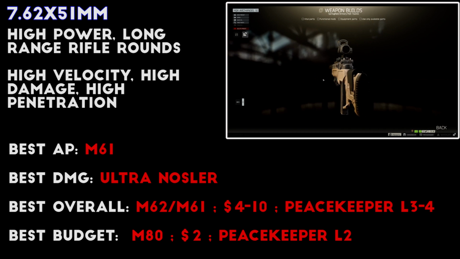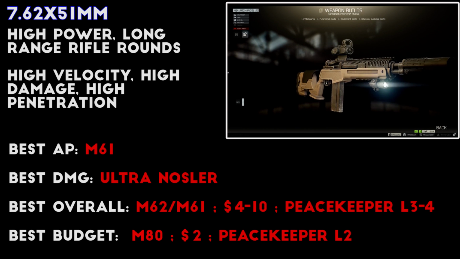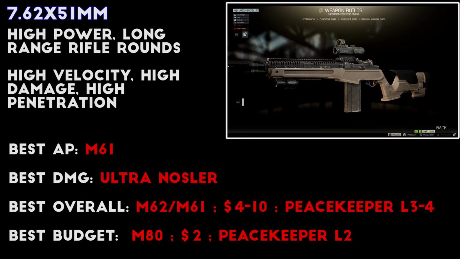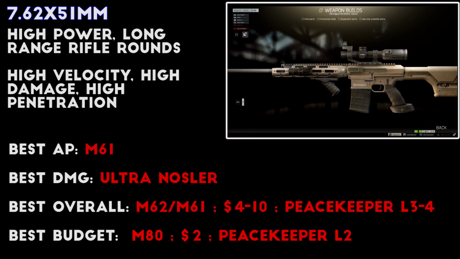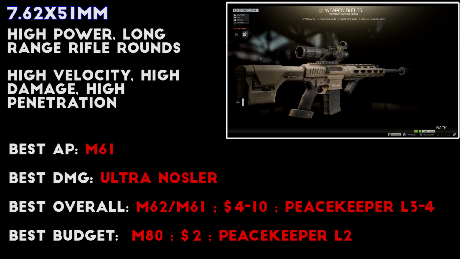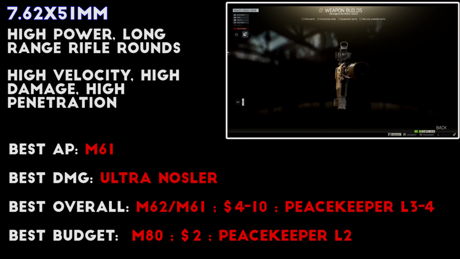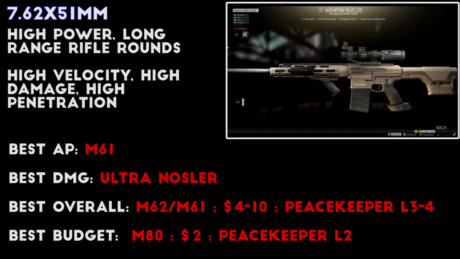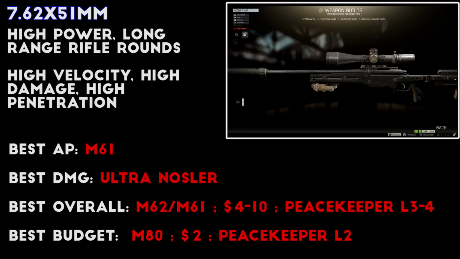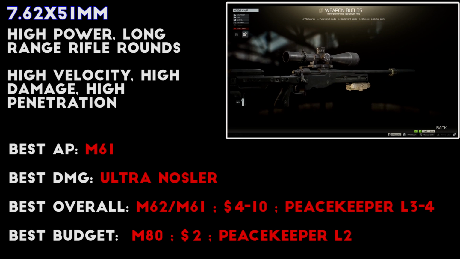In general, most types of this ammo are very effective, though the BPZ, TPZ, and Ultra Nozzler variants that were added recently are noticeably less effective than the military variants M80, M61, and M62. For the highest damage, the Ultra Nozzler is the clear winner with 102 total damage, though again it has low armor penetration. For the highest penetration, the M61 comes in at 68 pen, which will basically 100% go through any